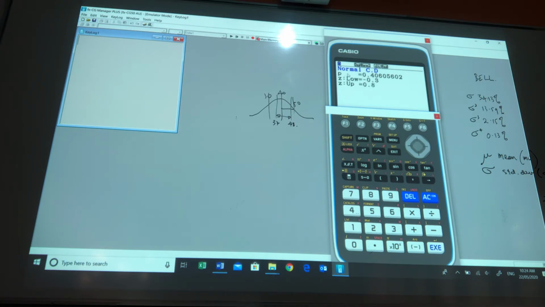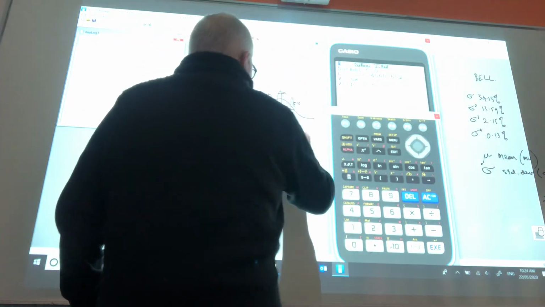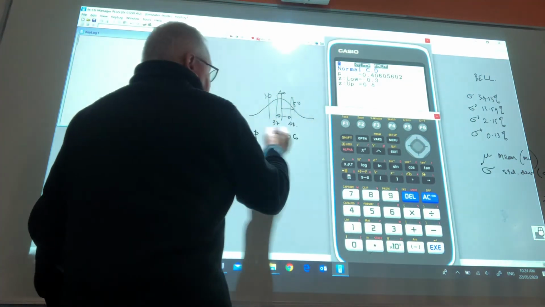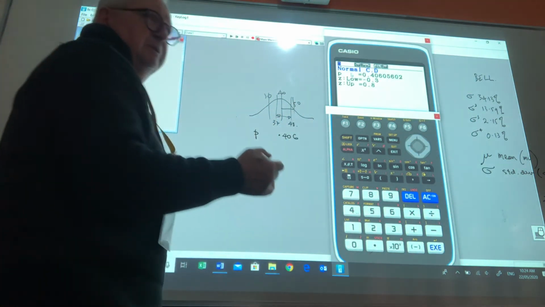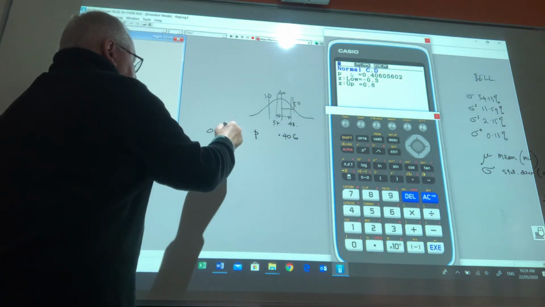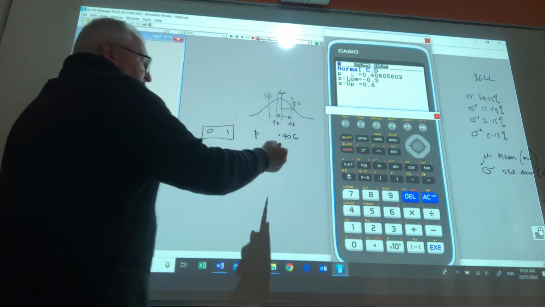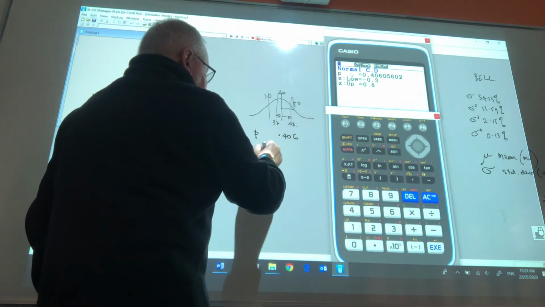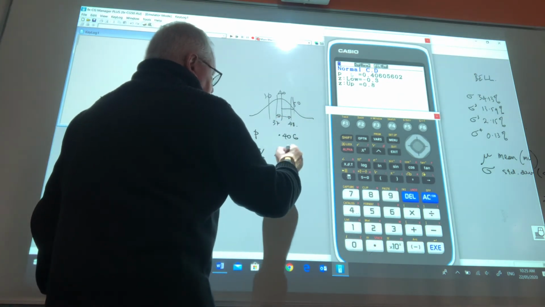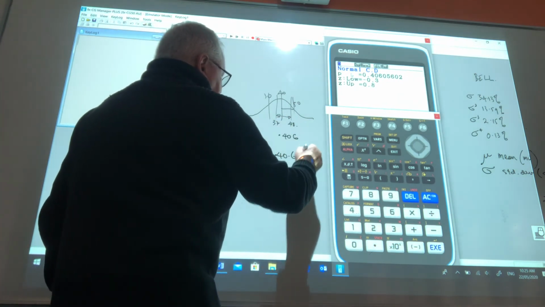They tell me the probability of a number falling between 37 and 48 is 0.406. Now that's the probability of the number falling between those two, and a probability is always between 0 and 1. If I times that by 100, I get the percentage: 40.6% of the